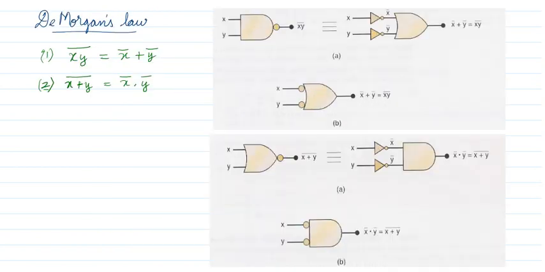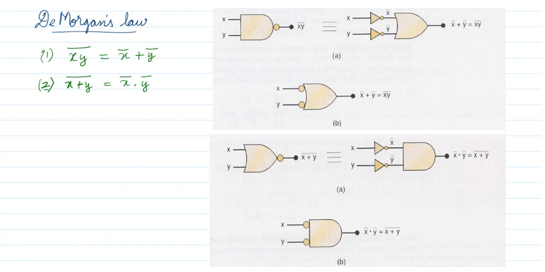Next we will see a very important law called De Morgan's law. De Morgan's law states that the complement of the AND operation of X and Y is equal to X complemented OR Y complemented. That is what we are seeing here. This is your NAND gate: XY multiplied, and the bubble indicates complement. So XY complemented is equal to X bar, Y bar given to the inputs of an OR gate, so X bar plus Y bar. These two are equal: XY whole bar is equal to X bar plus Y bar.